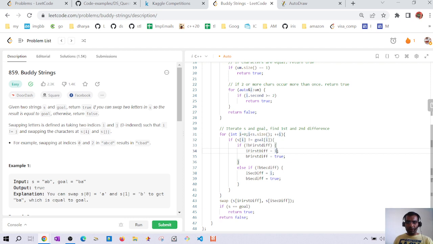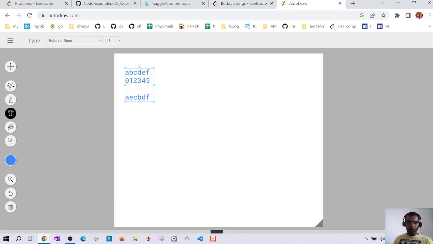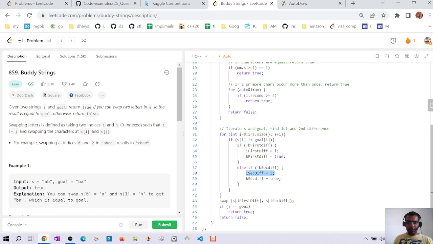On the other hand, the second difference we will note, which is E. So E is not equal to D. So we have the first difference equal to 1 and second difference equal to 4. Then we'll swap these. After swapping 1 and 4, A, B, C, D, E will become equal to A, C, B, D, F. So we'll swap those, and if goal and s are equal, we'll return true,